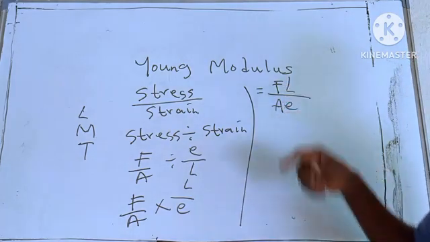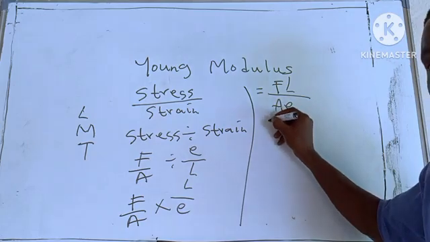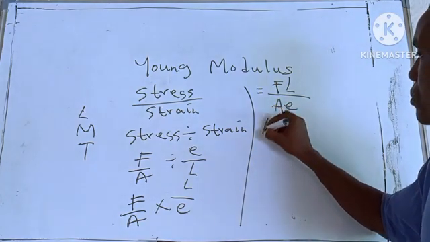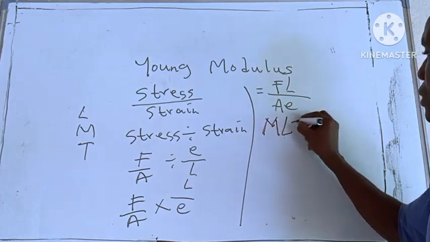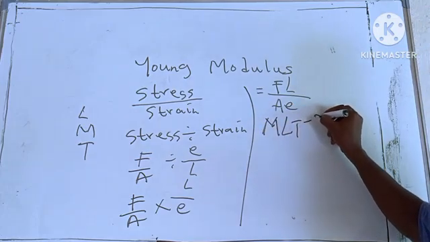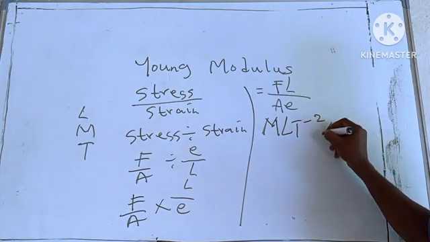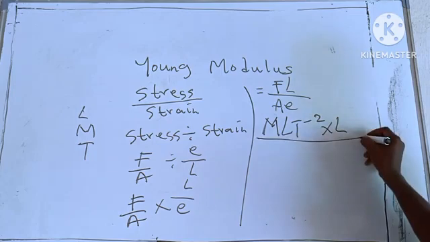Now, the dimension of force is what? We still remember. Look at your book. You solved all these things before. It is M L T raised to minus 2, right? And here we have L. So multiply by L all over